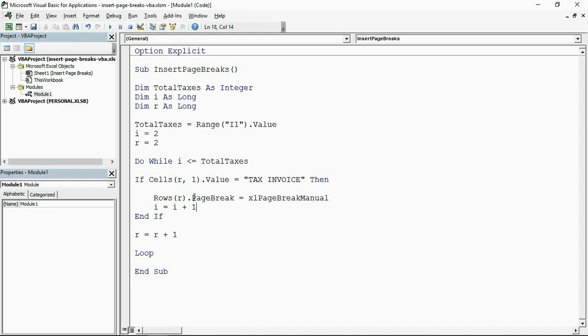To repeat, you can put page breaks not just with the rows object, you can use the ever popular range object as well, and you can use columns and an active cell and any other object that you might be using to loop through a list of values or moving between some cells on a sheet. This is not the only way, but this gets the job done here and answers the kind of question that I was tasked with. So with that in there, if I close down this editor,